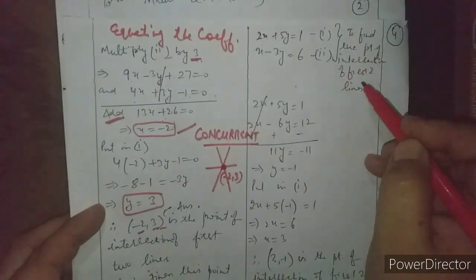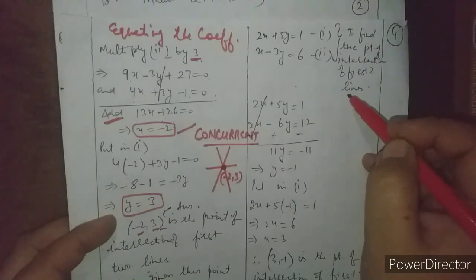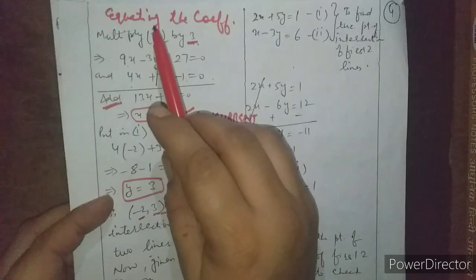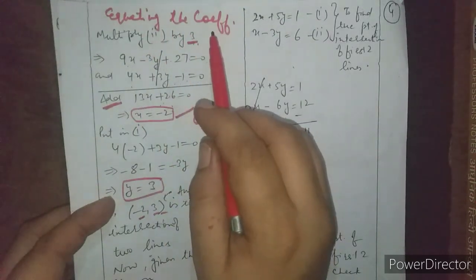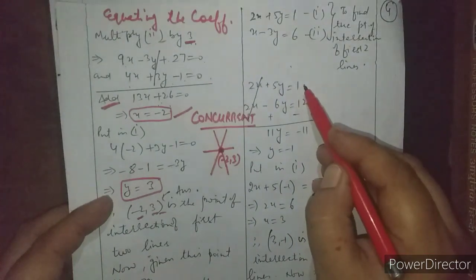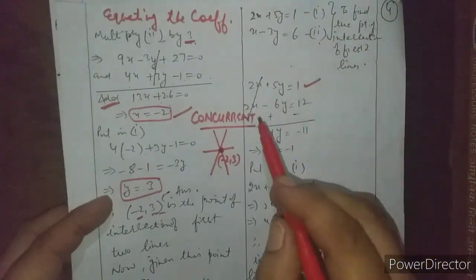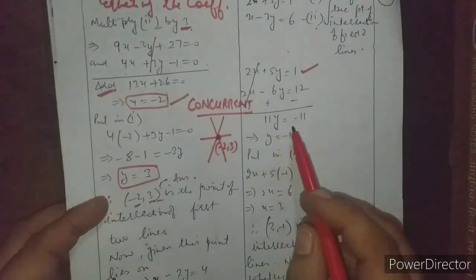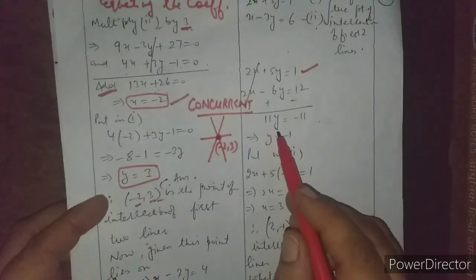To find the point of intersection of the first two lines, I am repeating exactly the same equating the coefficients process here. So I have kept the first equation as it is, but the second equation I have multiplied everywhere by 2, and solving